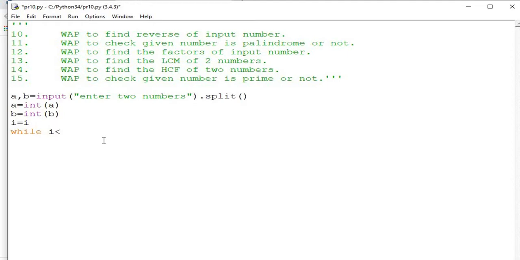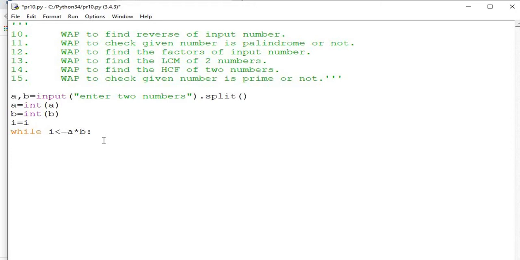While I is less than or equal to what? A multiplied by B. Suppose you have two prime numbers, 7 and 3. So what will be the LCM? Obviously it will be 7 into 3, 21. So that's why the condition goes up to A into B.